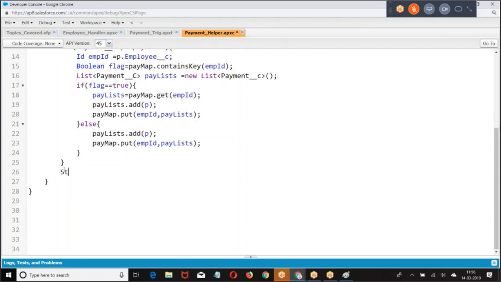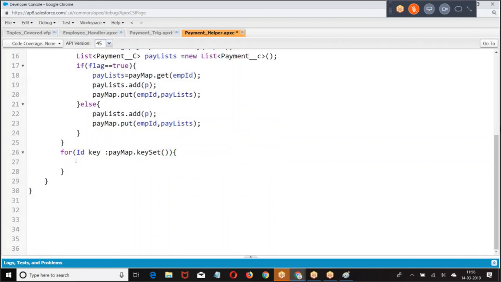Then what I was supposed to do? Then I have to take like this. For ID key equal to pay map dot key set. Then what I'm doing? I'm taking one by one employee. For every employee, we have a list of payments.